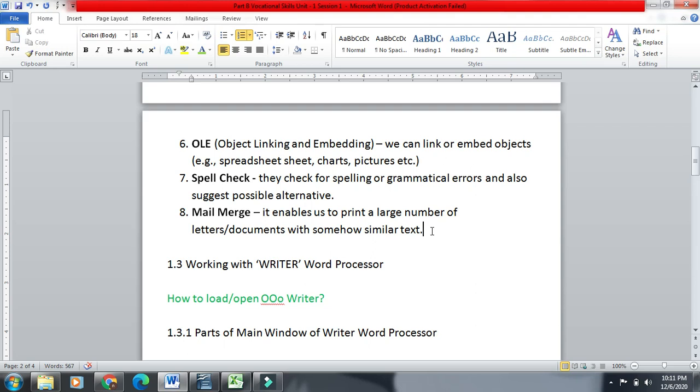Instead of typing that letter again and again, you can use mail merge. Mail merge will just change the name of the friend and other things will remain the same. So this feature allows you to send multiple documents with somewhat similar text, just simple corrections, to a large number of people, and you can print them also. So that is a feature that is not available in a typewriter. It is only available in these types of word processors.